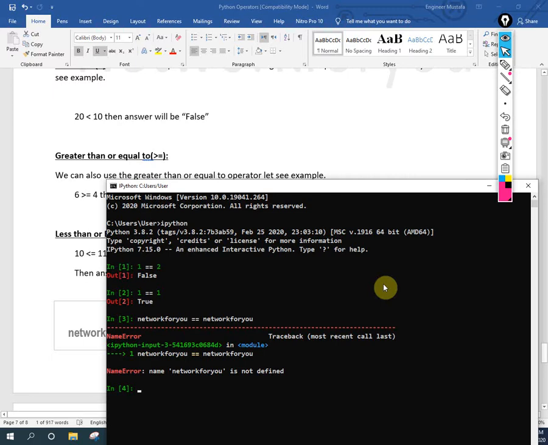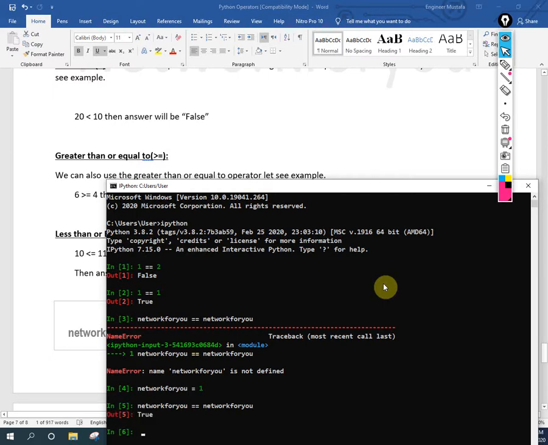So if we want, we can define it, for example, network for you is equal to 1. I will write it like this. So now we will compare network for you, double equals, network for you. The answer is true. Like this we can do as well.